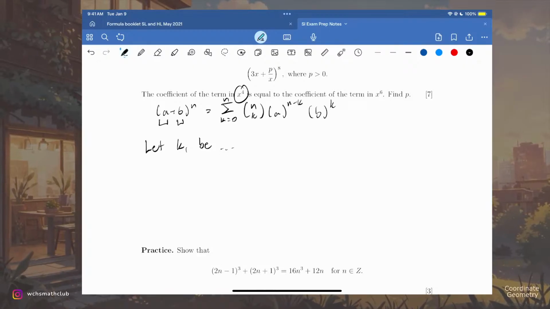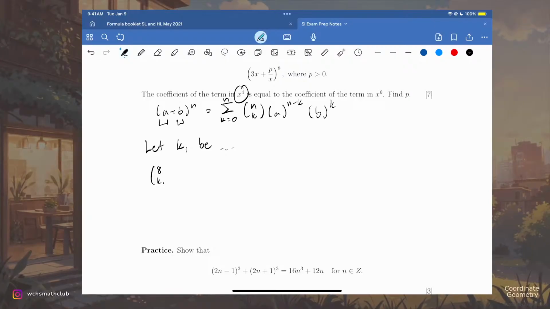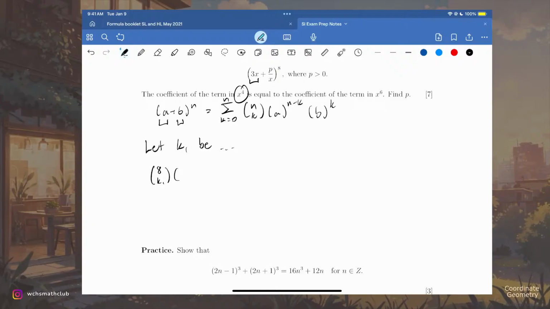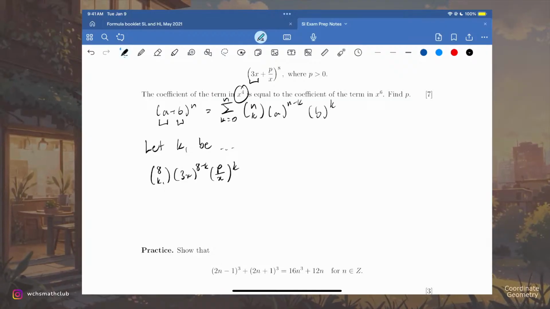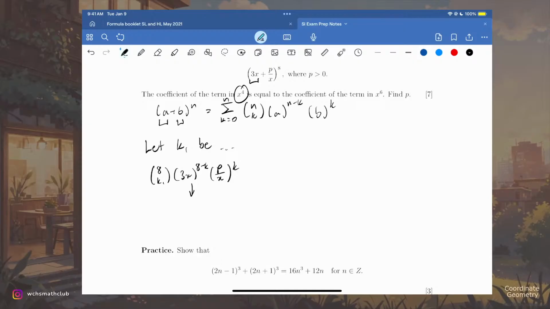Okay, and then you would do, so n here is equal to 8, so you're going to do 8 choose k1, and then times, now the a here is 3x. And then now you're going to write that in terms of the formula, and you're going to put the second term here, which is p over x raised to the power of k. Alright, now we're only looking for the specific value of the exponent of x. So here you can see that if you take all of these coefficients out,